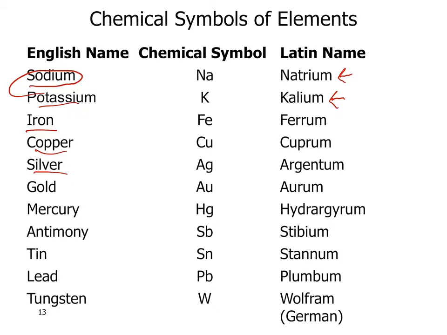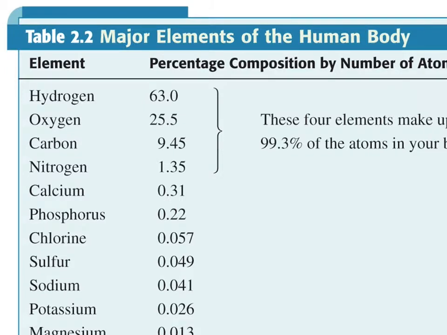Usually it's one or two letters, and the first letter is always capitalized, uppercase, and the second letter would be lowercase. So that's just kind of a system that's used for symbolizing these interesting major elements of the human body. Again, very common elements, but as most of you are thinking about the medical field, knowing which elements make up the human body or other biological systems